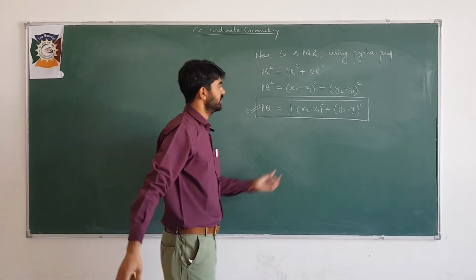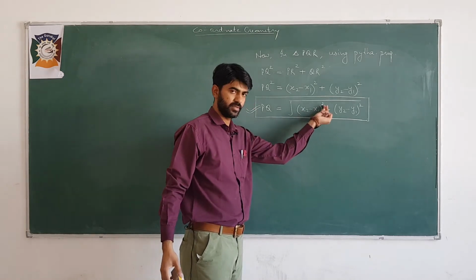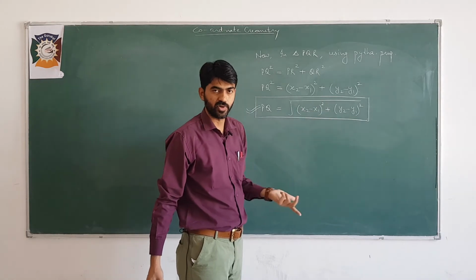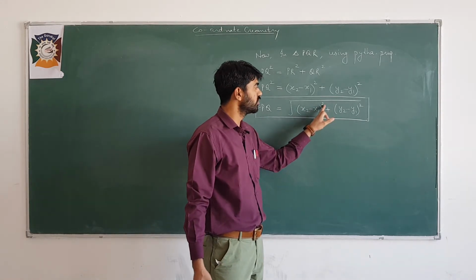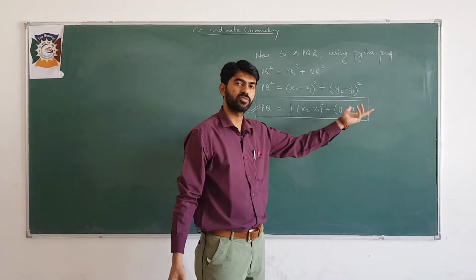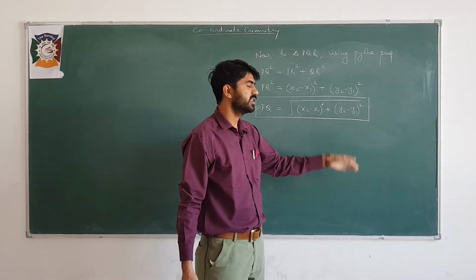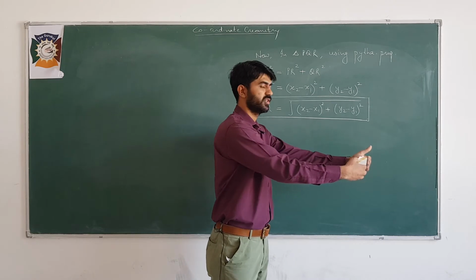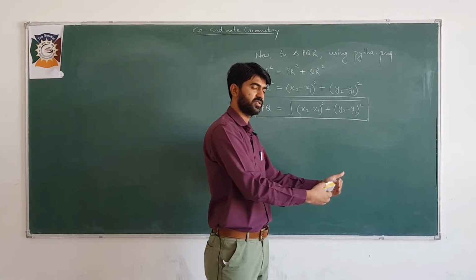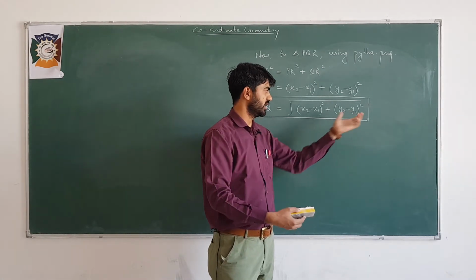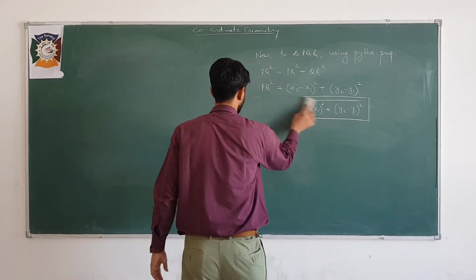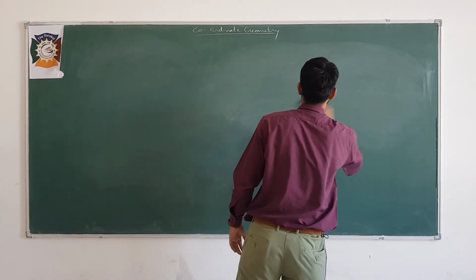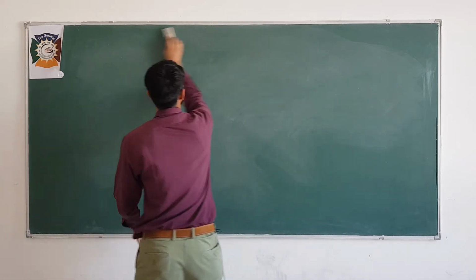One more thing here, we are taking whole square. So if I do x1 minus x2 then whole square, there is no problem. So x1 minus x2 whole square or y1 minus y2 whole square. We can write this formula in this way also. Means x1 minus x2 whole square, y1 minus y2 whole square, or x2 minus x1 whole square and y2 minus y1 whole square. Anything we can write. So there is no difference in writing x1 or x2 before.